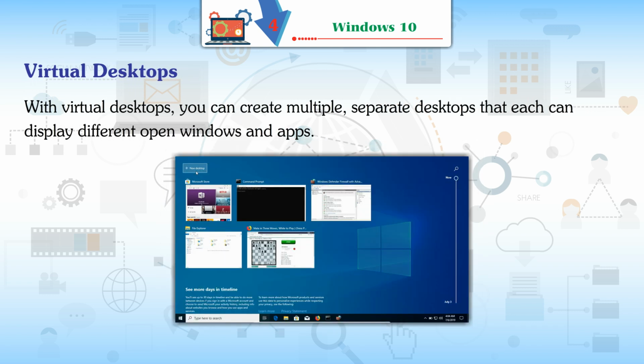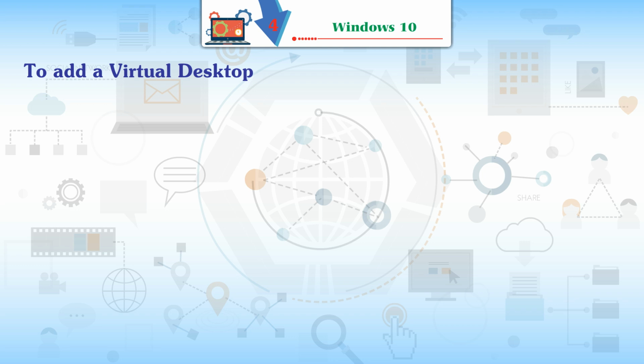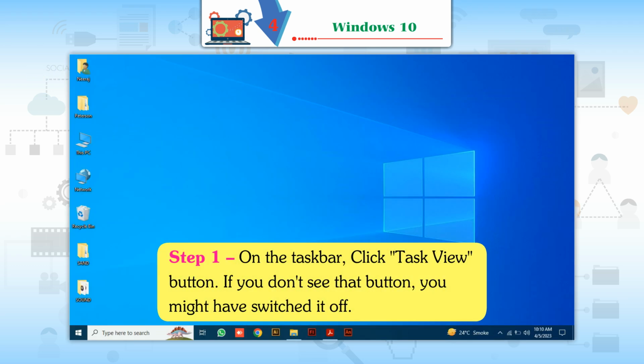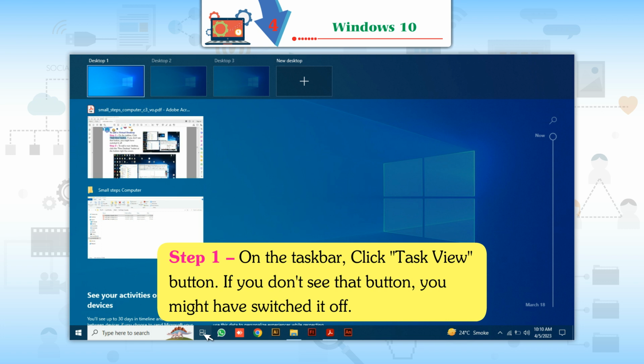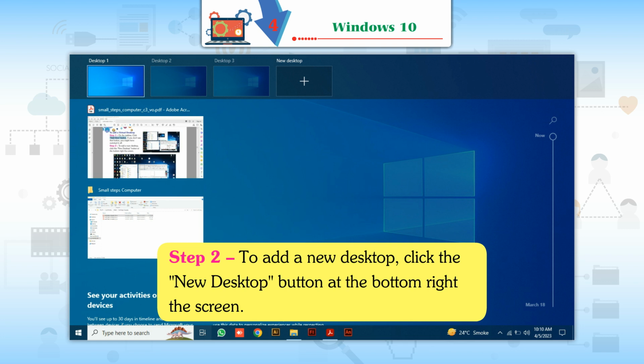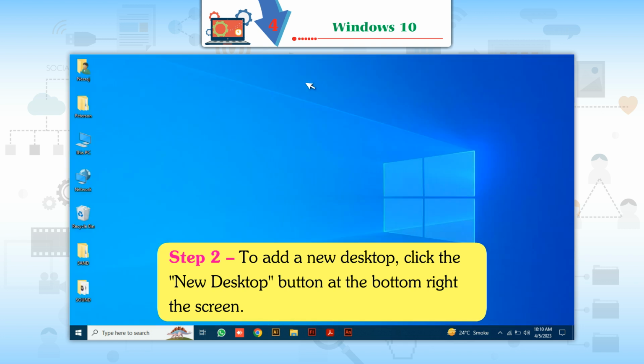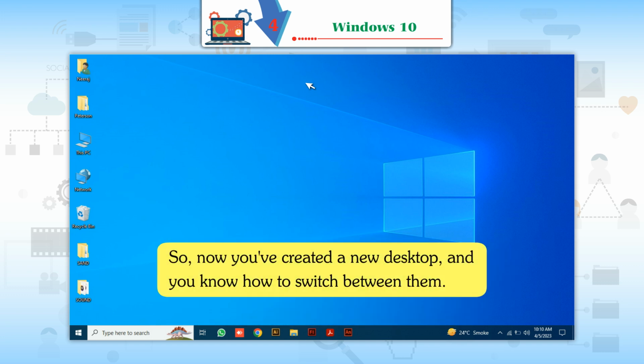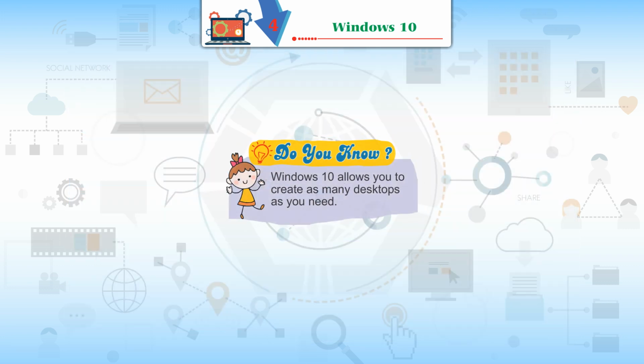Virtual desktops. With virtual desktops, you can create multiple separate desktops that each can display different open windows and apps. To add a virtual desktop, on the taskbar, click the Task View button. If you don't see that button, you might have switched it off. To add a new desktop, click the New Desktop button at the bottom right of the screen. So now, you've created a new desktop and you know how to switch between them. Do you know? Windows 10 allows you to create as many desktops as